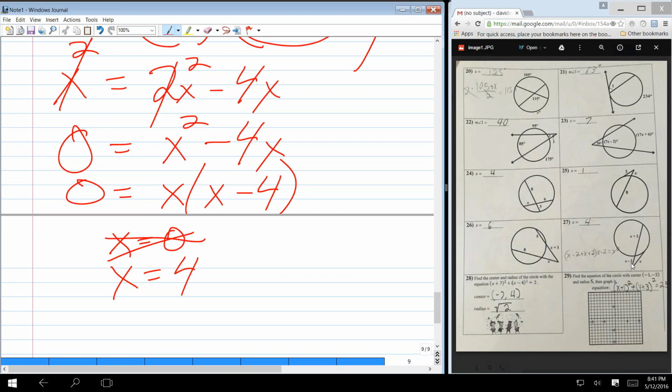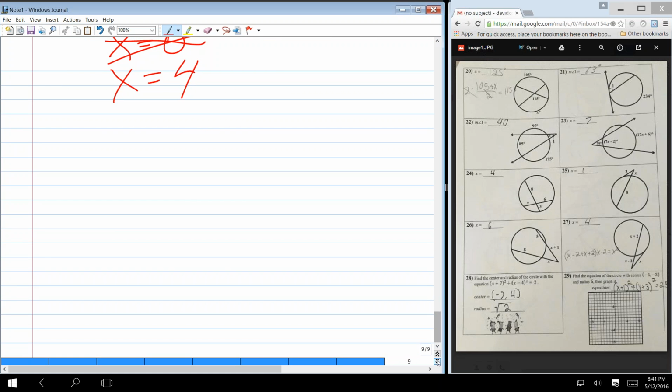Plus, if x was 0, this would be a minus 2. Can't have that. But x of 4 works perfect. Cool. Okay. Now,